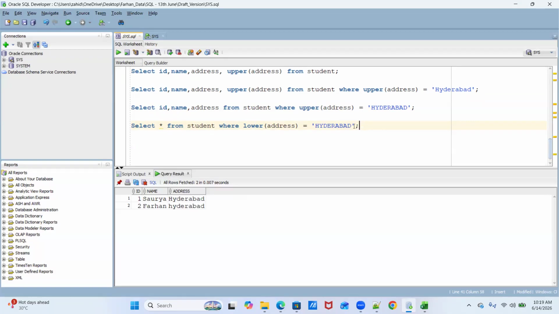Can you tell me will this query work? So it works in a similar manner as the upper clause works. It will just convert everything to lowercase. If you're familiar with Excel, I think you already know about these keywords, but this is how it behaves in SQL. Okay, can anyone tell me what output we'll be getting once we execute this query?